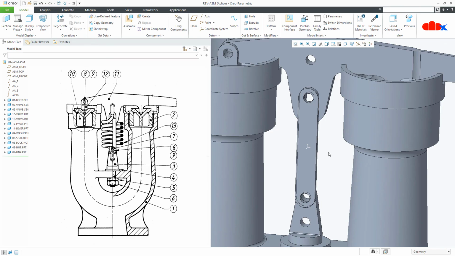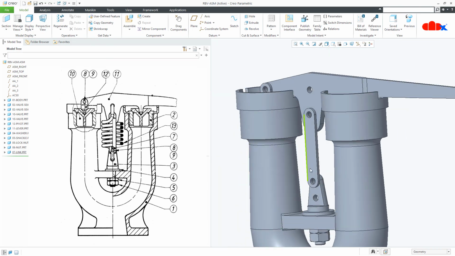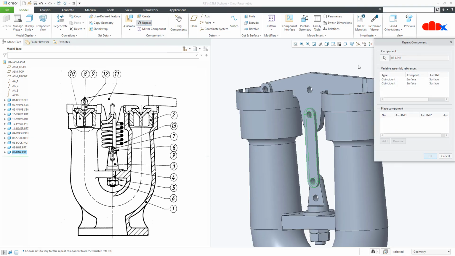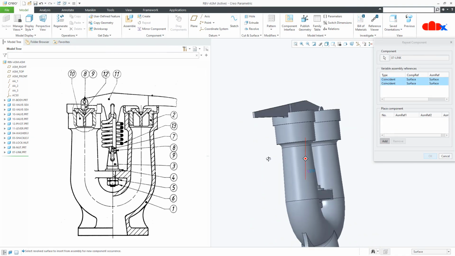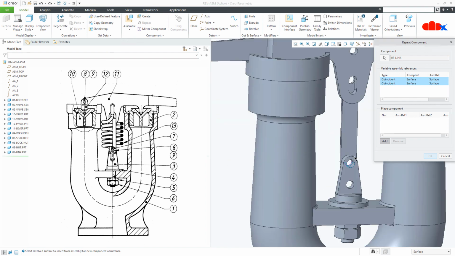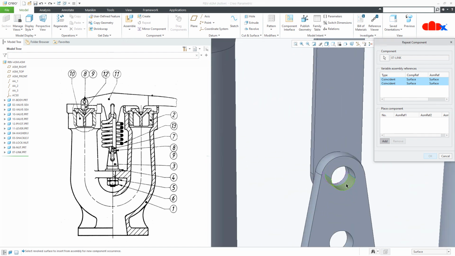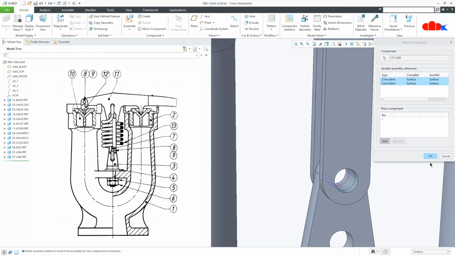Now say OK. Now the same part, repeat, select these two constraints, add, select this face first and then this face, say OK.